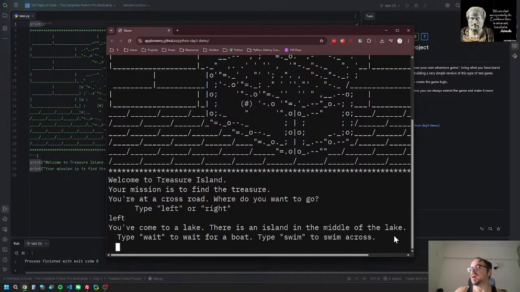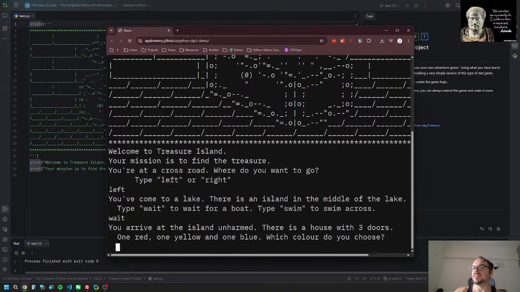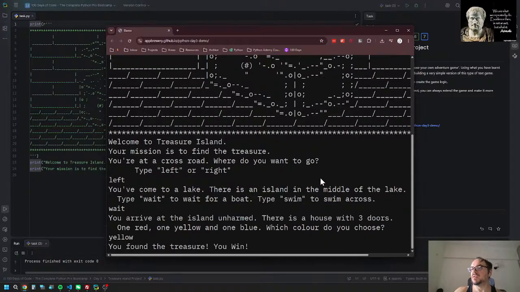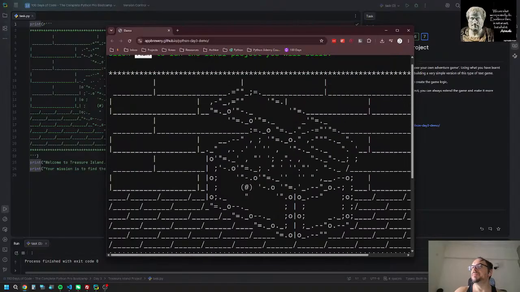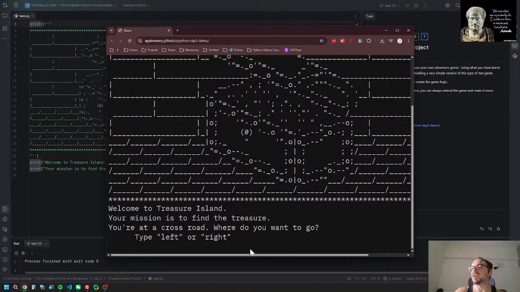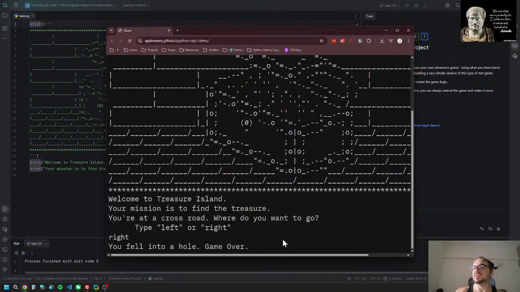Come to a lake. There's an island in the middle of the lake. Type wait, type swim. We'll do wait. You arrive at the island. There's a house, doors, red, yellow, blue. Which color? So choose one. Let's say yellow. Found the treasure. Win. Okay, that's cool. Otherwise, if we pick the other ones, like if I say right, fell